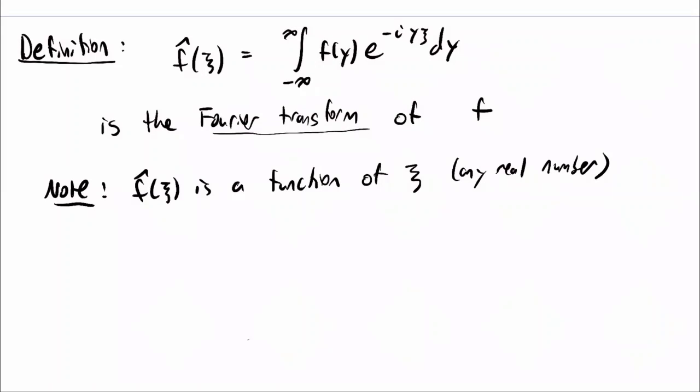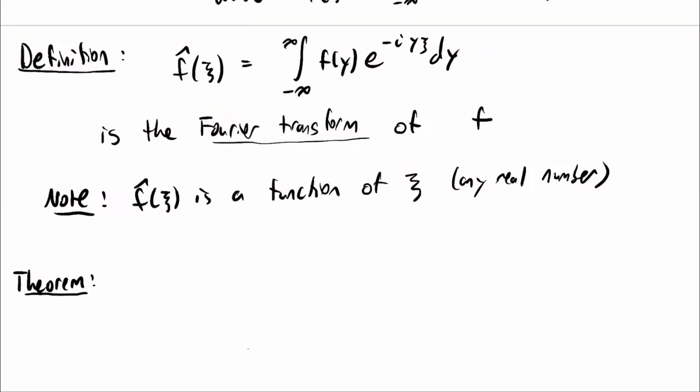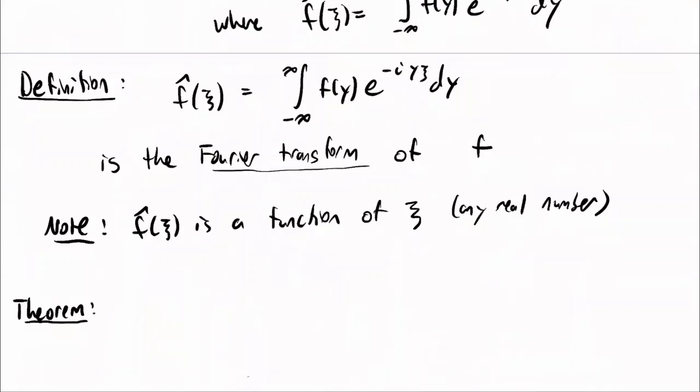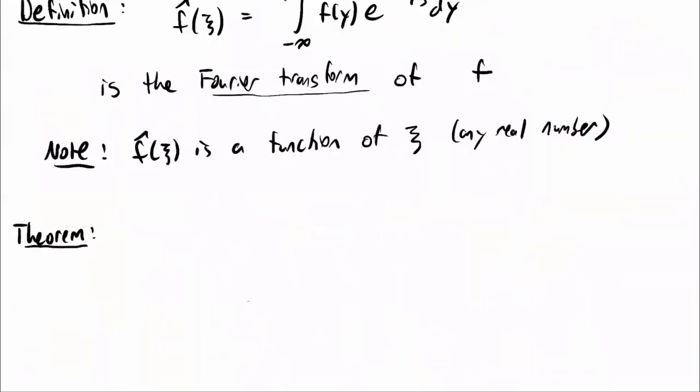Now, from what we discussed above, we expect the following theorem to be true. We're not going to rigorously prove that this theorem is valid, but we at least gave an intuitive justification about how you can represent your function in terms of its Fourier transform. And so it turns out that, given a function f with suitable hypotheses, you can always write your function as an integral involving its Fourier transform. The theorem is usually called the Fourier inversion theorem,